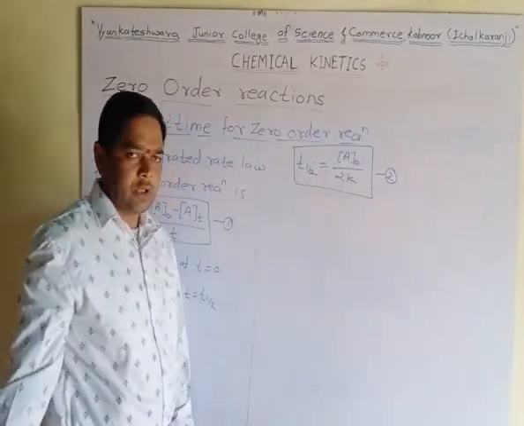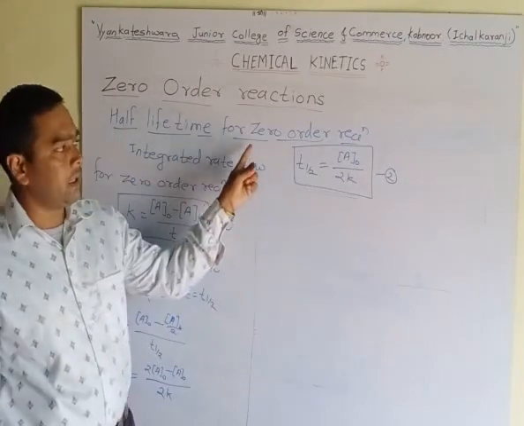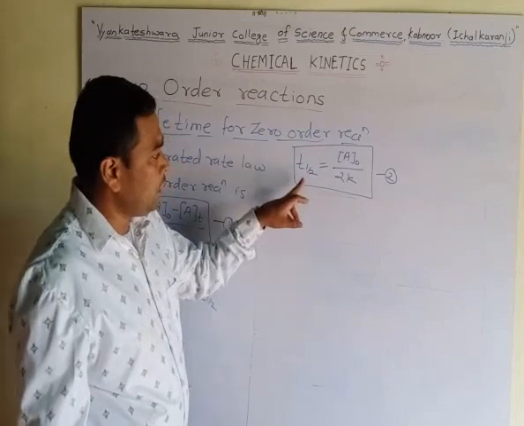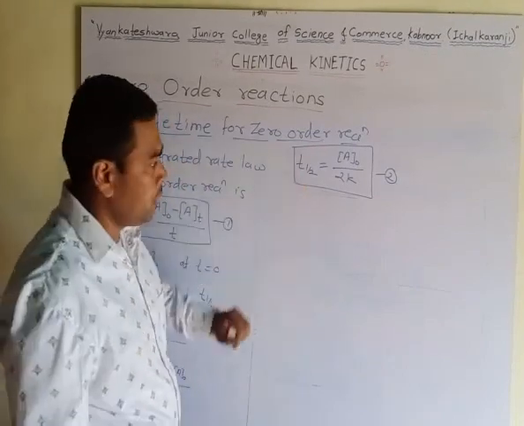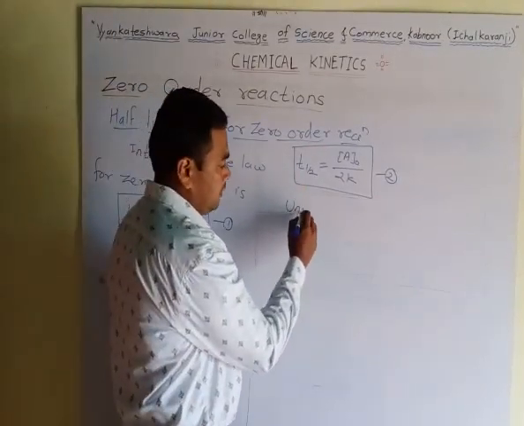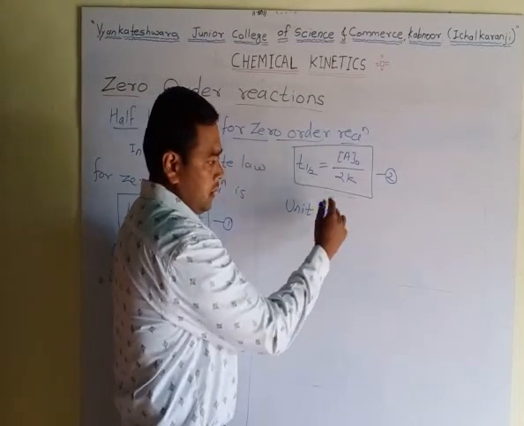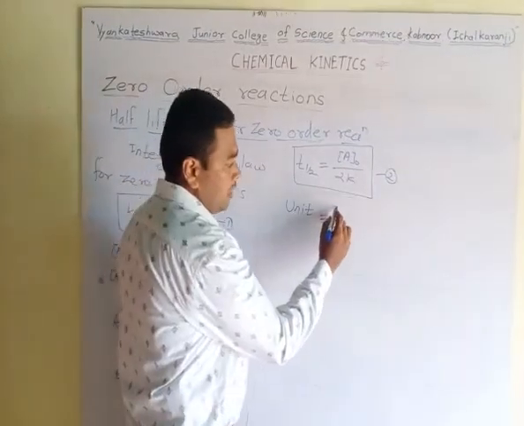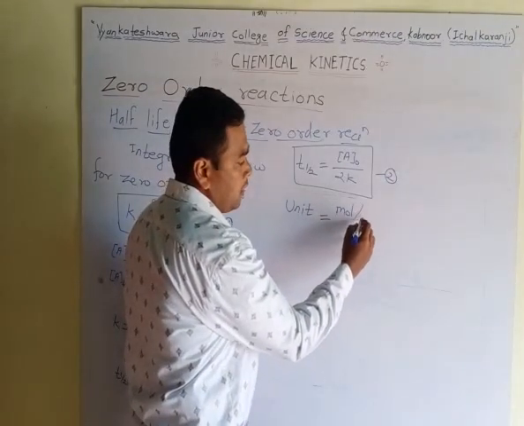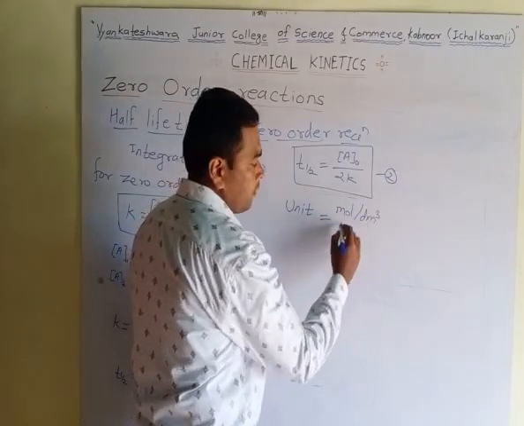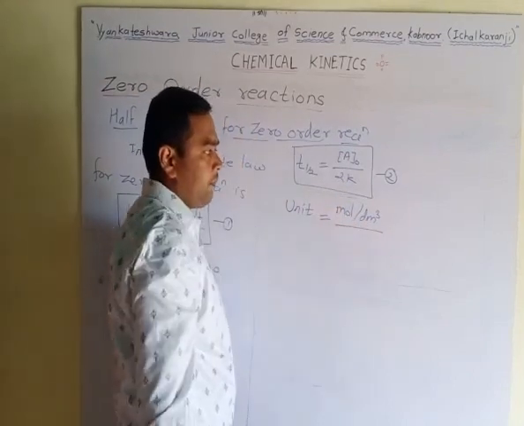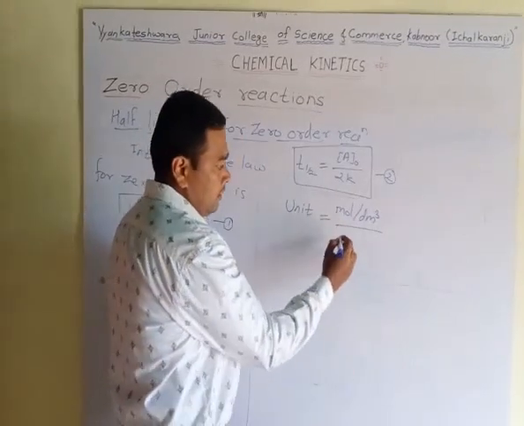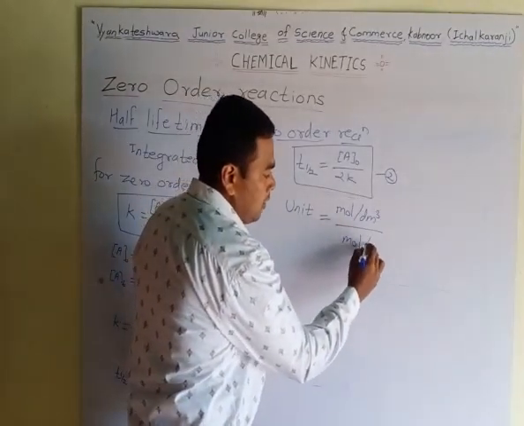By using this equation, we can calculate half-life time for the zero order. Then the unit for this t half for the zero order reaction equals the unit of this equation. This is concentration, and concentration is measured in moles per dm cube, and the value of k is represented as moles per dm cube